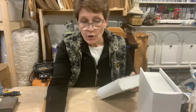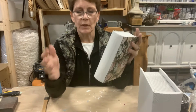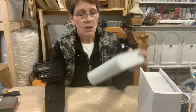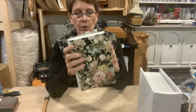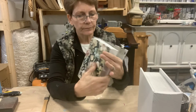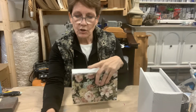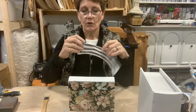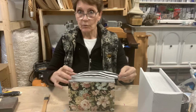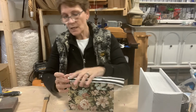What I wanted to do was maybe do kind of a contrasting ribbon. Because we've got that black tone to this, I thought it'd be kind of neat to do a funky black ribbon. So kind of a striped ribbon. So what I'm looking at doing is